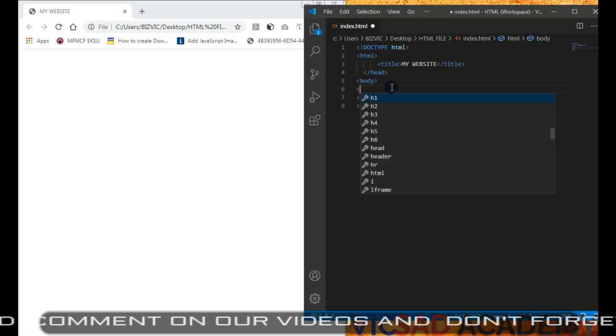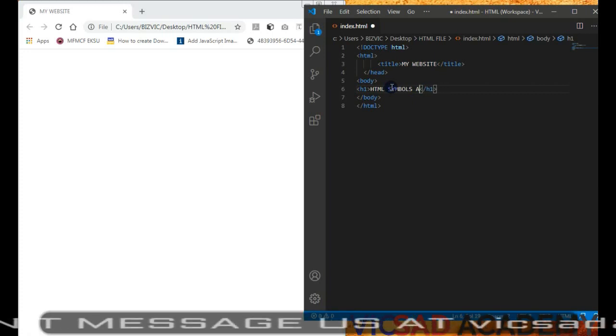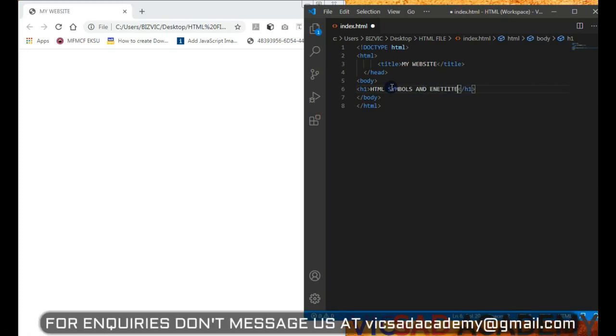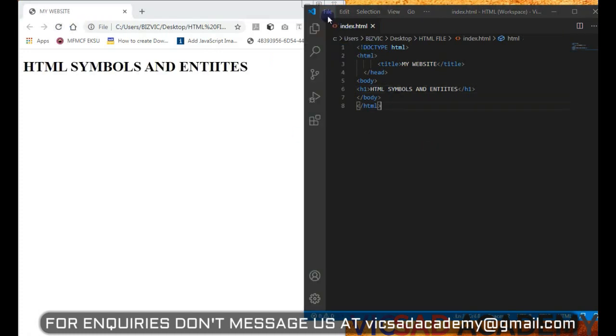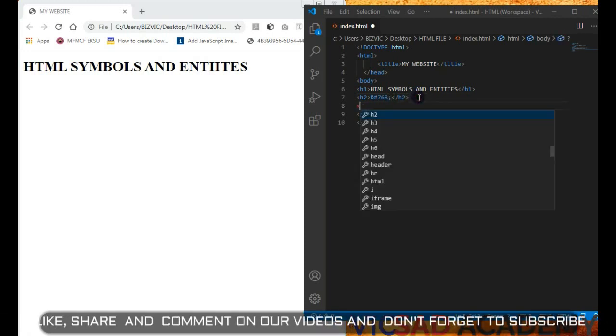So let's first of all write our H1 and write the HTML symbols entities. Okay, so Ctrl S, or you can save it on your file menu here. So first of all, let me write out those entities. I'm gonna write it out in H2. So we first of all write the ampersand hash 768. You put your semicolon, you come back H2,